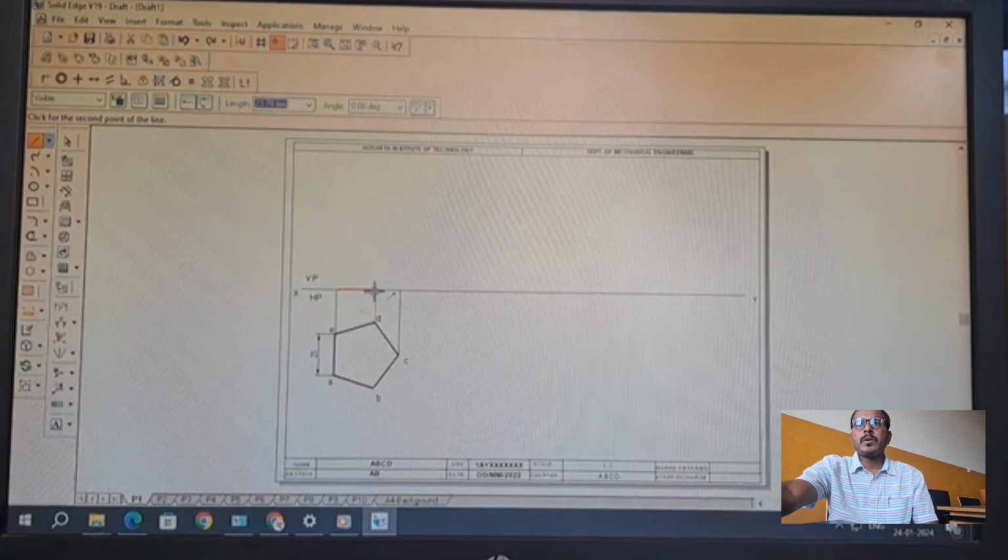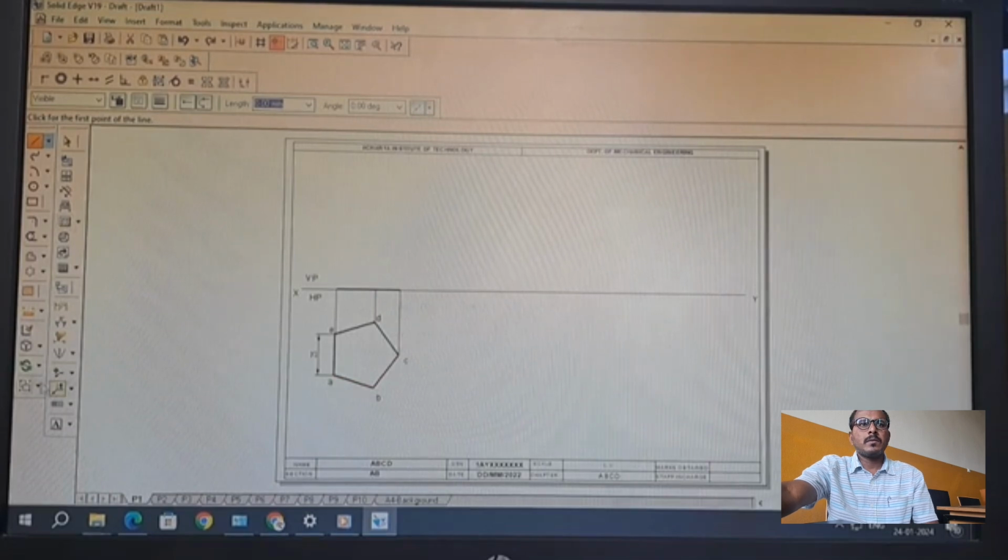Go to the visible lines, start from here and make a separate line, wait for the end point, and connect the end point here also.